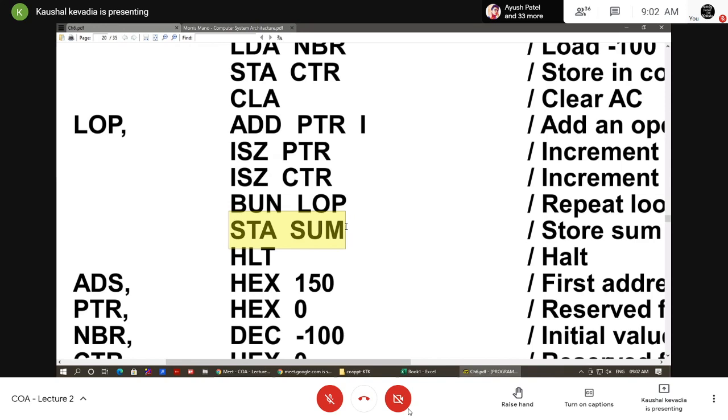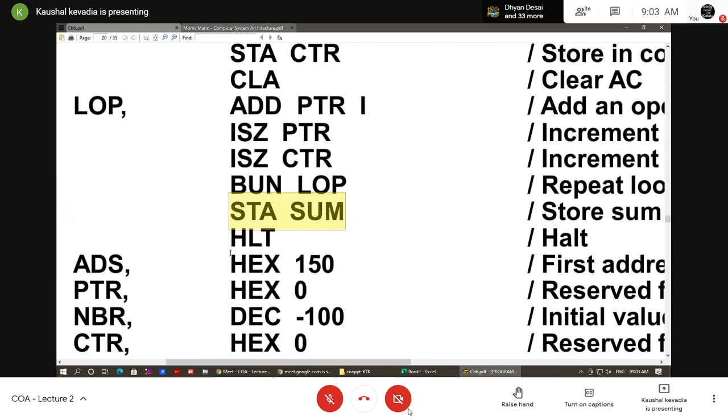The partial summation, the intermediate answers that were being prepared, where were they? Inside the accumulator. Okay, through this add ptr instruction, wherever my answers were being prepared, they were available in the accumulator. So now I want to shift that answer into the permanent variable. So here we are executing that sta sum. Okay, my answer will be stored into the summation variable.